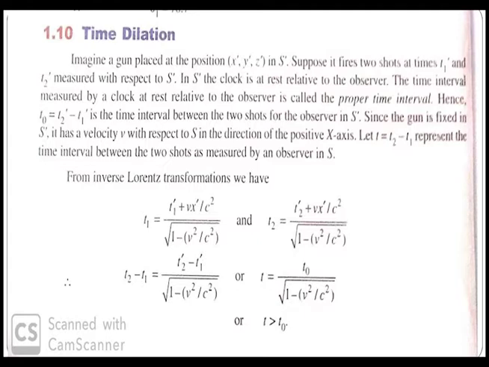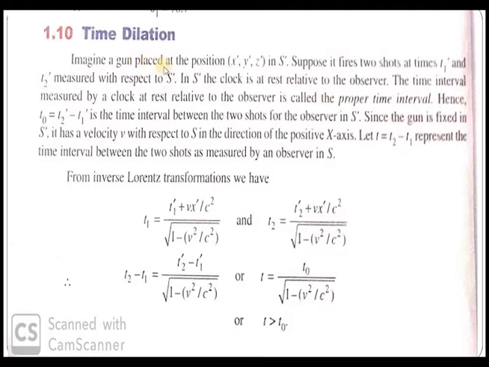The equation is L is equal to L0 into root of 1 minus V square by C square, and the term which adds to this contraction is the root of 1 minus V square by C square. It is very important. Many questions are asked from this portion. So next we are moving to another application of Lorentz transformation, that is time dilation.